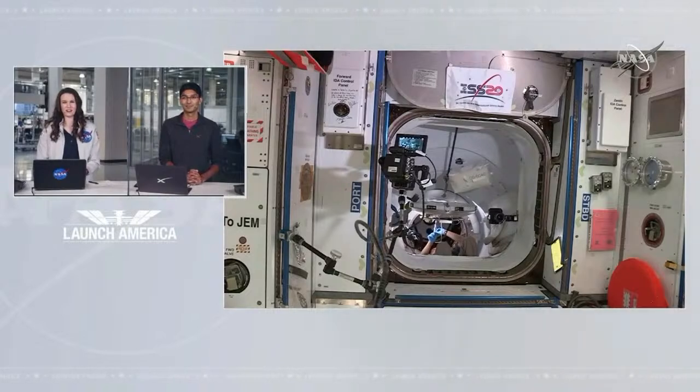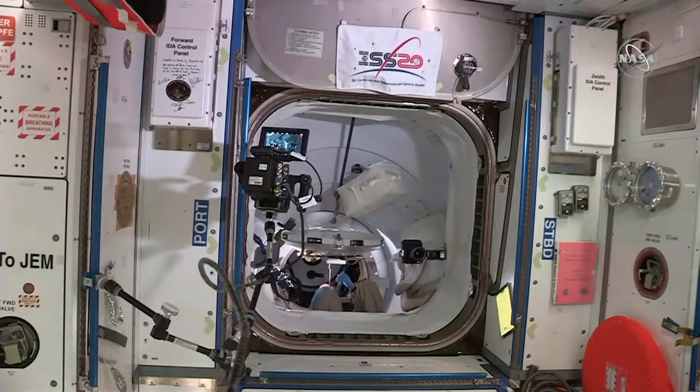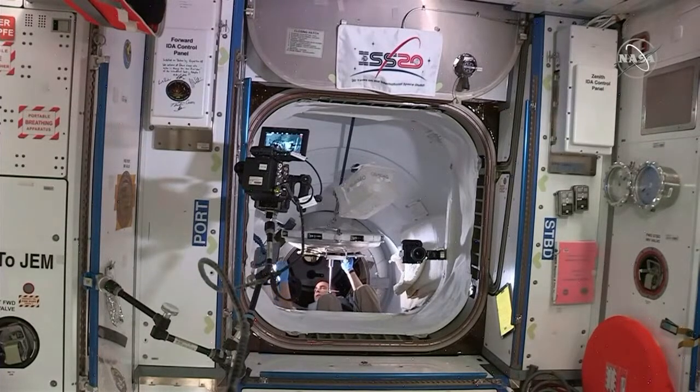Thanks, Gary. Now that Dragon's hatch is closed and Bob and Doug have donned their suits, we'll be looking for the A-Pass hatch on the station side to close very shortly. A-Pass is an acronym that stands for Androgynous Peripheral Attachment System. So you can see why we use an acronym, and it's an integral part of the docking system. Before closing it, we saw Chris Cassidy working to attach that docking target to fine-tune any alignment for the approaching spacecraft. So it's not something required for the undocking, but obviously we need it to be there for the next spacecraft that arrives at that port. Yeah, and Gary had actually given us a...